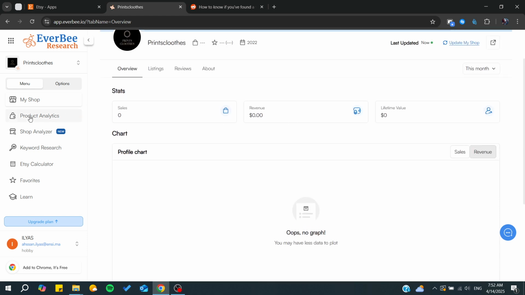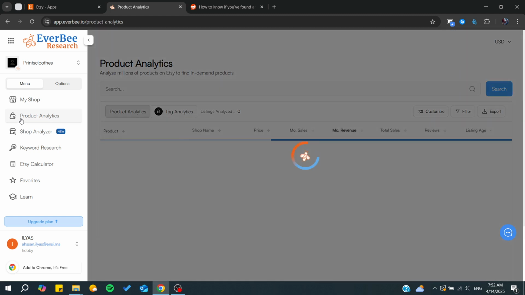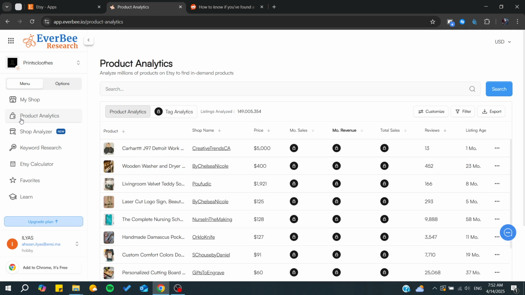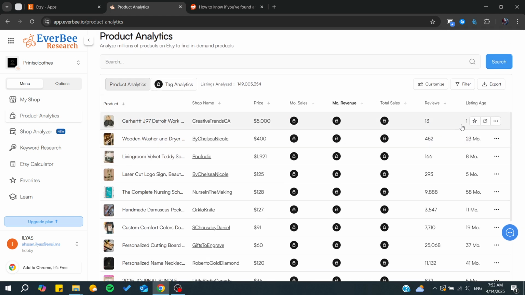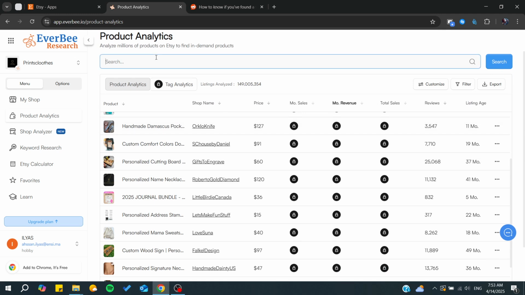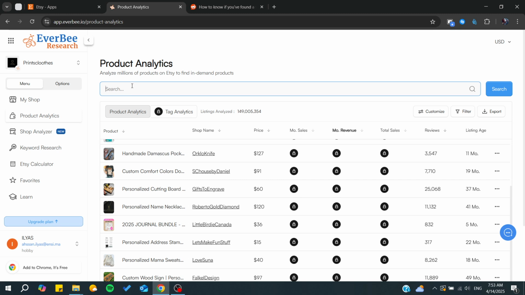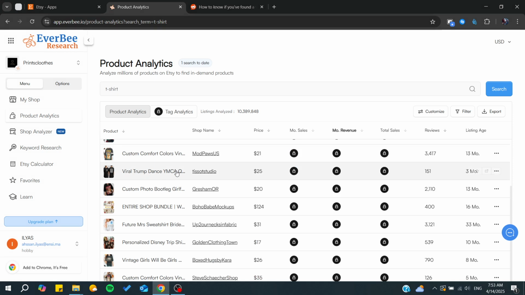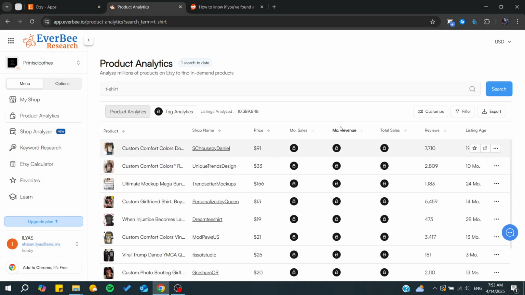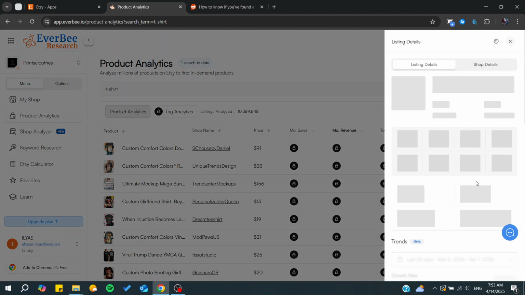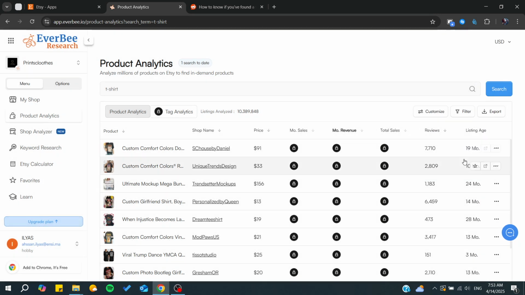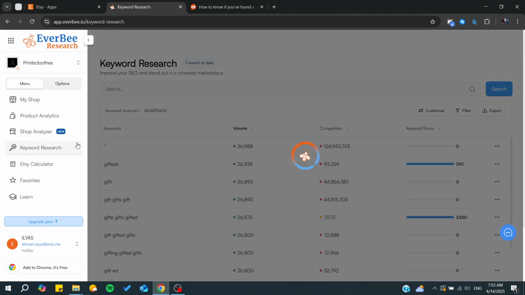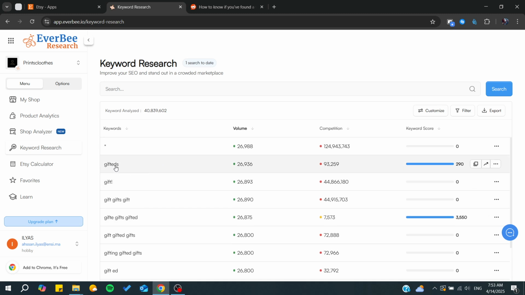Basically you can go, for example, to product analytics, and from there you can start going by category or searching for some kind of keyword, or for example, if we did t-shirts, what would be the most showing, and this is the price. And as you can see, it has many reviews, and the listing age is 1 year and some months. And basically you can also start doing keyword researching,